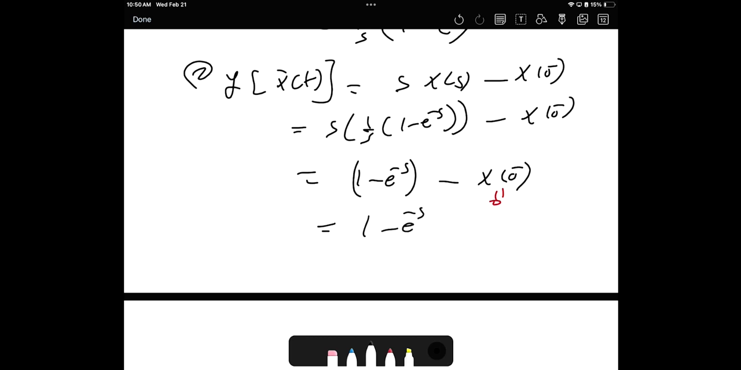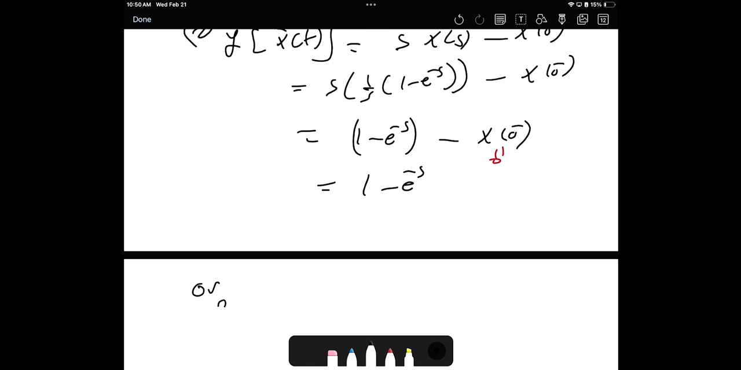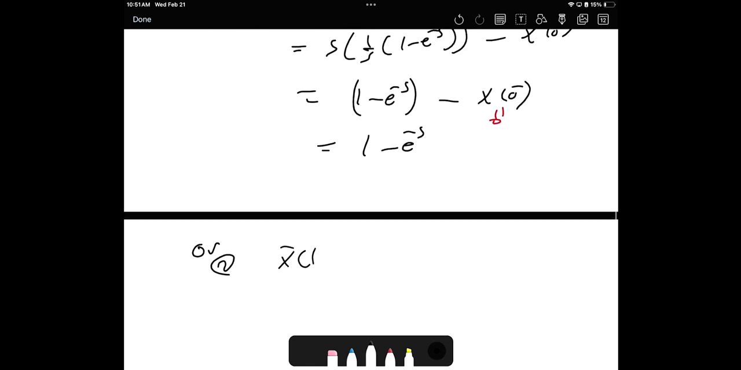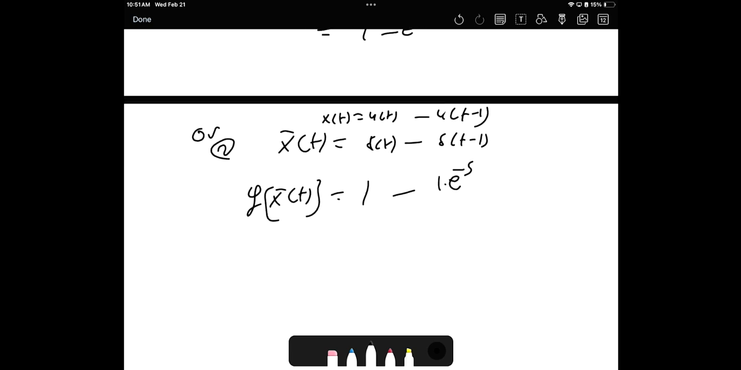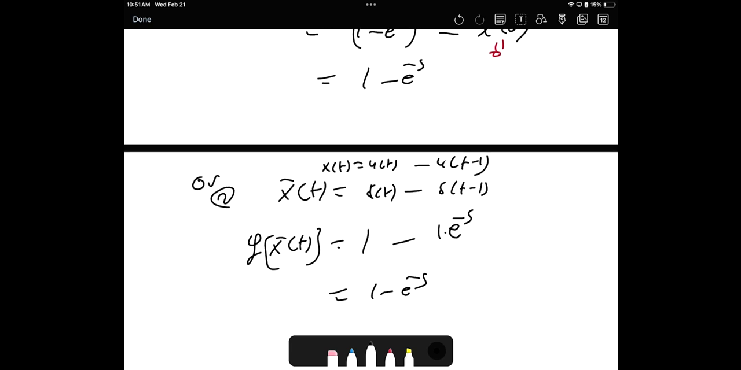That's the number 2. Or for number 2, you can find x prime of t, which is the derivative, because we have x of t as u of t minus u of t minus 1. The derivative is delta of t minus delta of t minus 1. Then let's do the Laplace of x prime of t, which is 1 for delta of t, and minus 1 times the exponential e to the negative s for delta of t minus 1, which is going to be 1 minus e to the negative s, the same answer. So both of them are correct. See you on